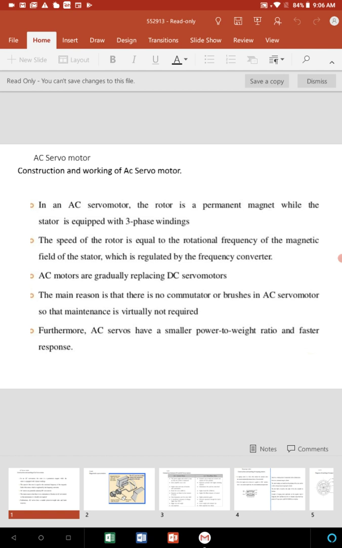First of all, these three-phase permanent magnet synchronous motors are actually AC servo motors, which have a built-in brushless tacho and position encoder. As you can see, the rotor consists of permanent magnets and the stator contains a three-phase winding.